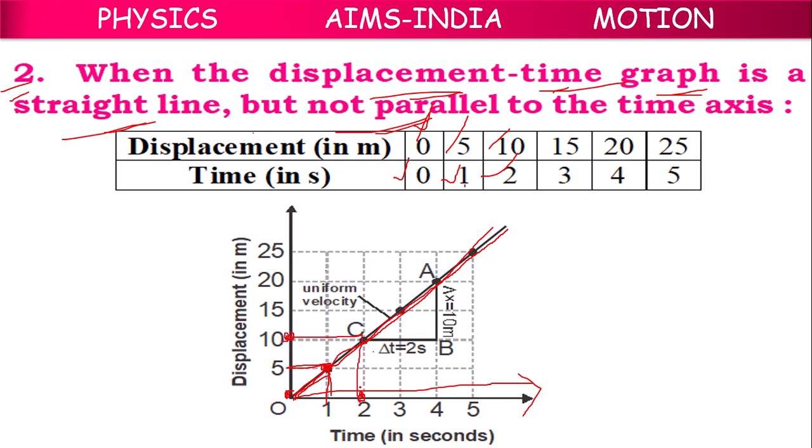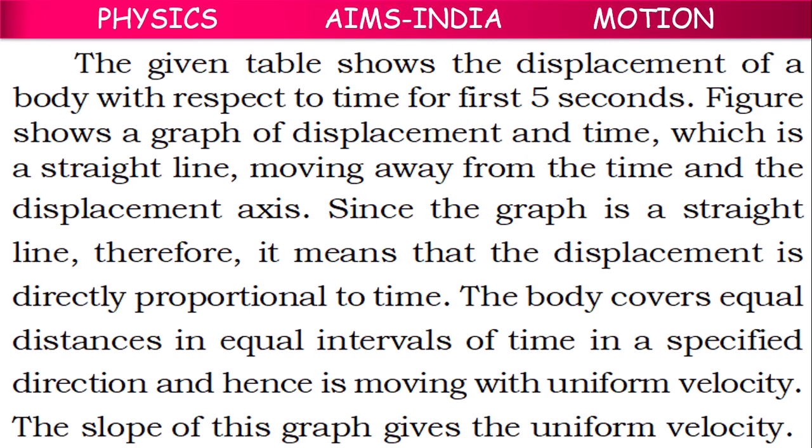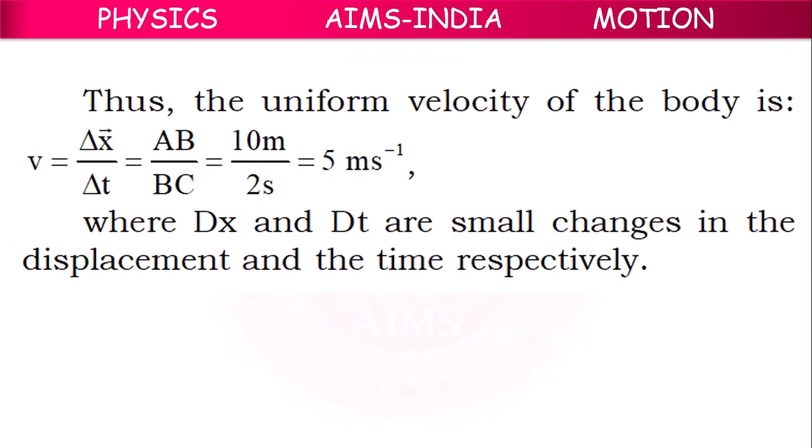If you join these points, this line will come. At 3 seconds, the displacement is 15 meters. If the motion of the body is like this graph, and these are the different coordinates describing the motion of the body, then what we can conclude is